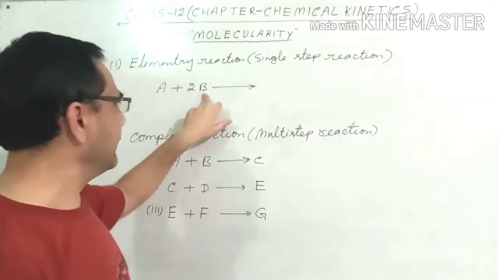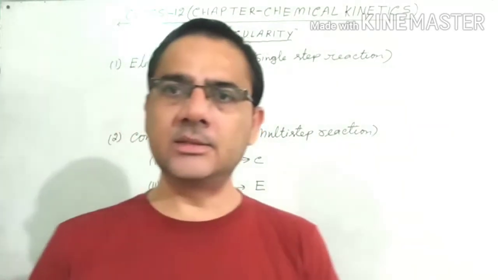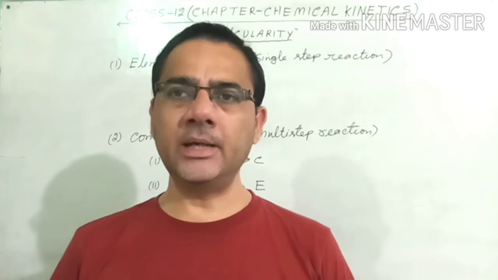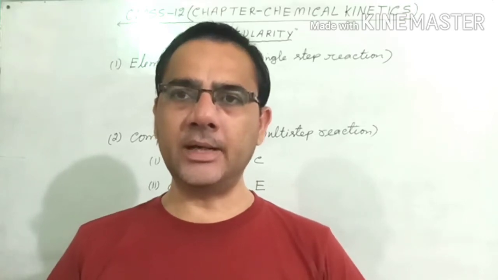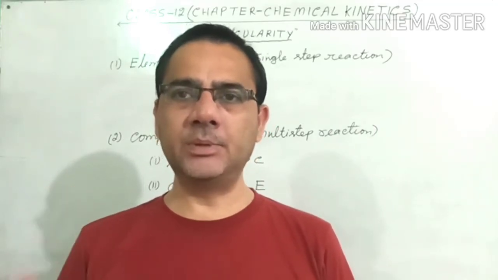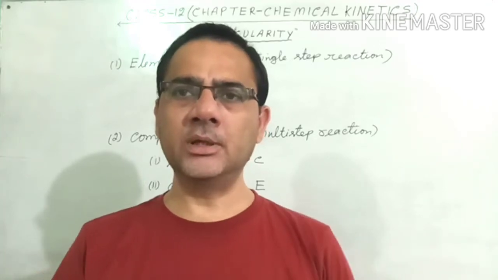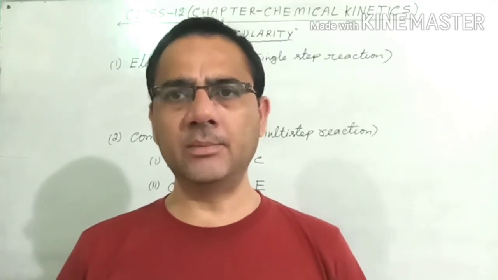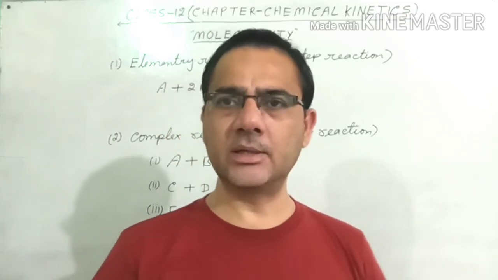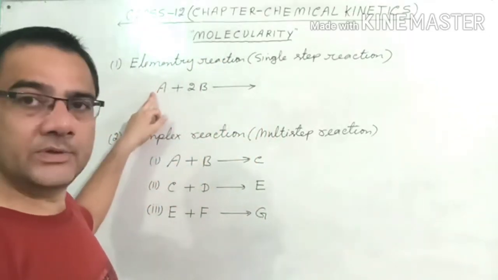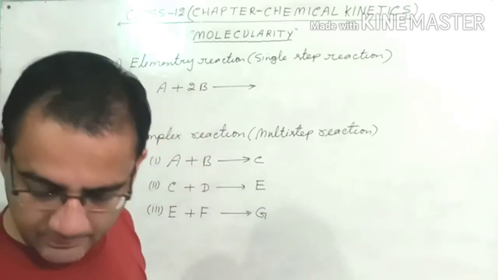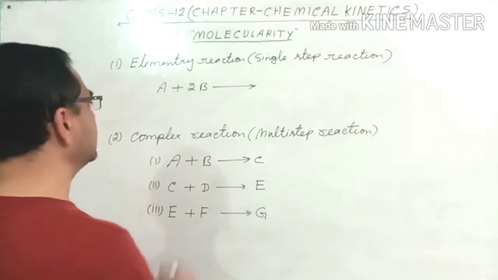Now A and B are the two reacting species, and since the chemical reaction is completing in one step only, it means that both reacting species react at the same time. You take reactant A in one container, reactant B in another container, and then you mix them, and both reacting species react at the same time. That is why the sum of the stoichiometric coefficients of all these reacting species is called molecularity. Here the stoichiometric coefficient is 1, and here the stoichiometric coefficient is 2. 2 plus 1 is 3. That is why we write the molecularity of this type of reaction is 3.